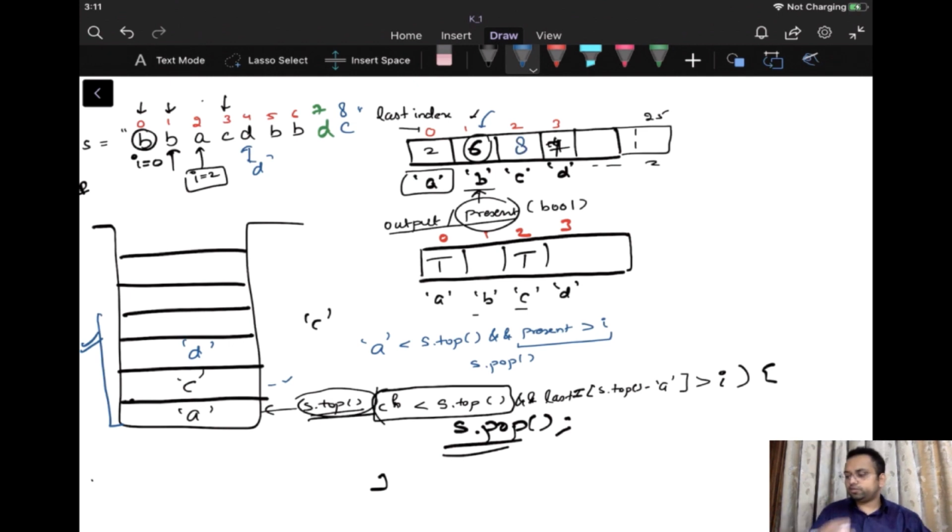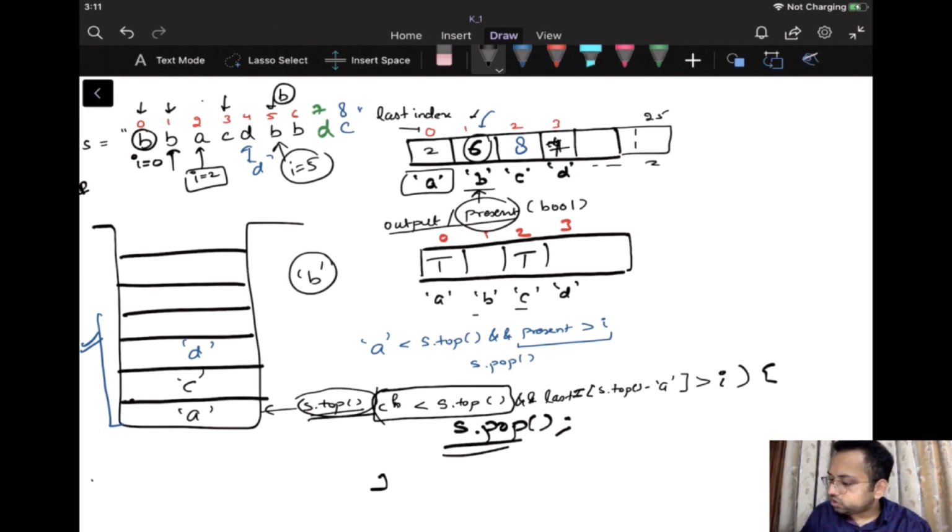This is just to explain why I have added that while condition and not if. So the next character that we are on is b. We are on this particular character b and i is equal to 5 in this case. So what we'll do, we will check whether the topmost element that we have is greater than the current character ch. Yes. Whether this character has an occurrence that occurs after this particular index i.